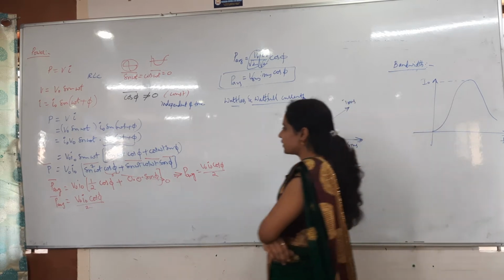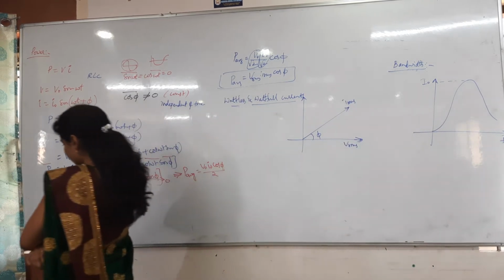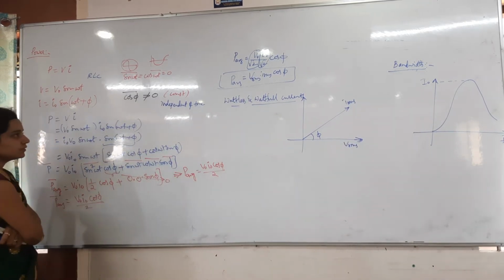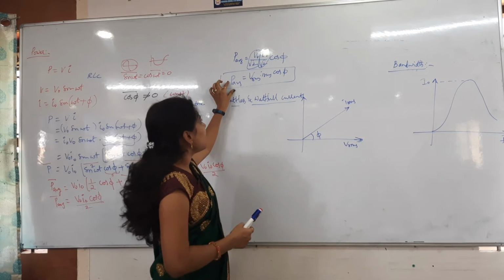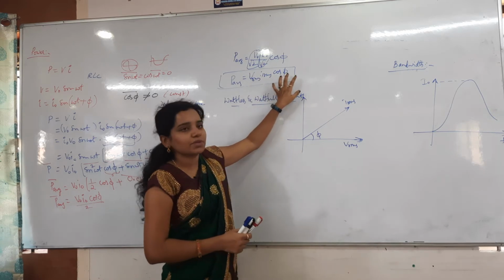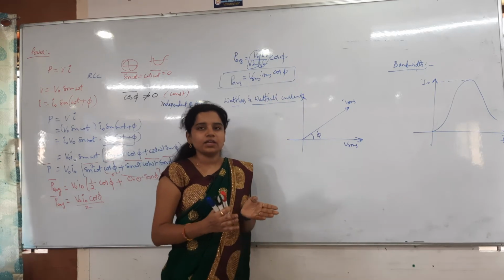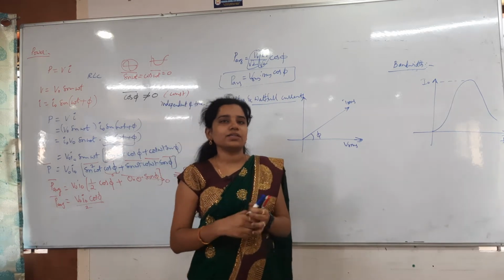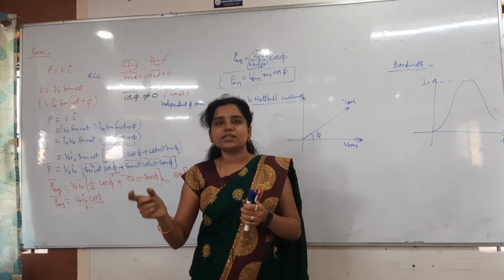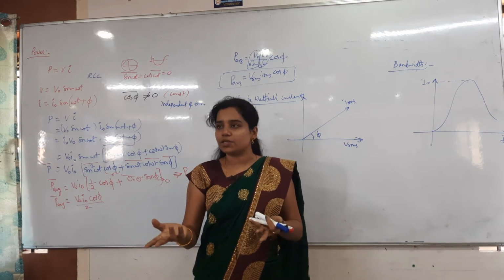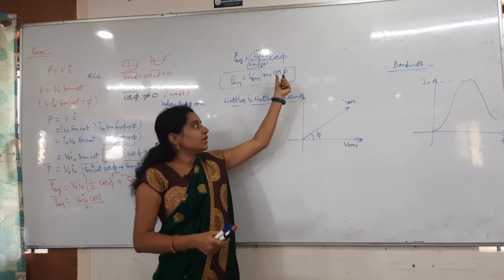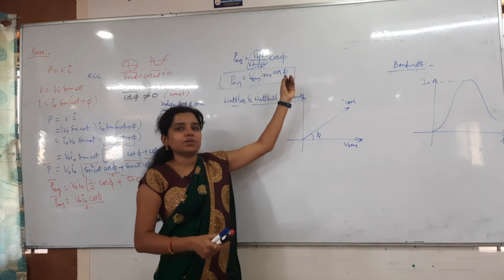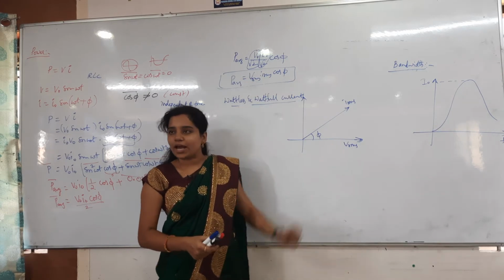See here, wattless current and then wattful current, otherwise workful current, workless current, anything it can be. Now in this formula we got P average equals V RMS I RMS into cos phi. Whenever I say A dot B, what is the formula? AB cos theta, where theta is the angle between A and B. In the same way here, V RMS I RMS into cos phi, where phi is the angle between V RMS and I RMS.